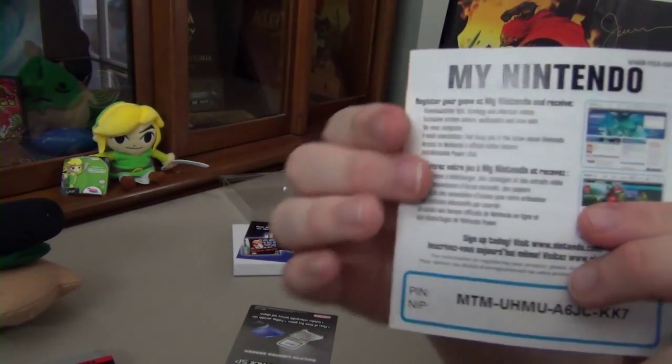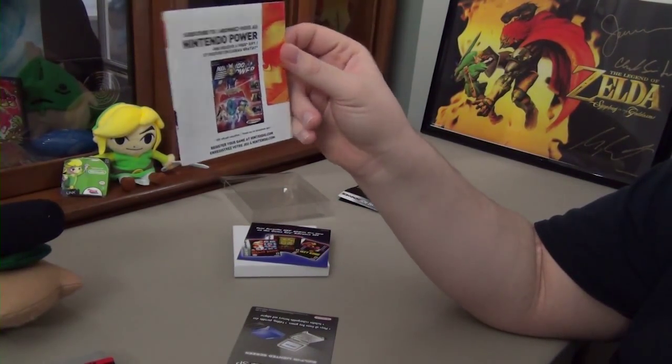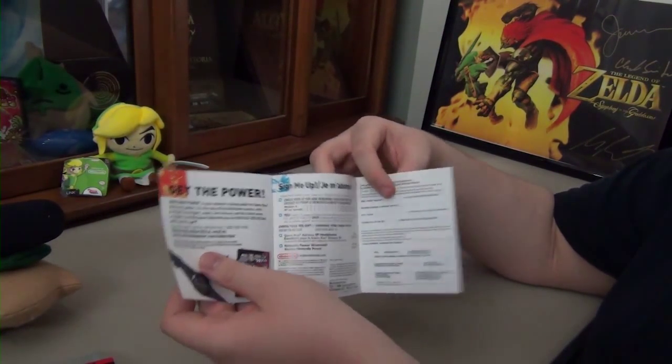I believe this one's already been registered, but if you want it, you are free to try to take it. And this is a registration for My Nintendo. This is before it was known as Club Nintendo, and it does give advertisements all about Nintendo Power Magazine, which